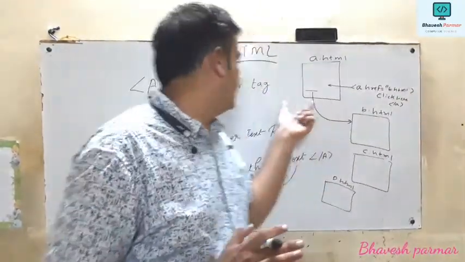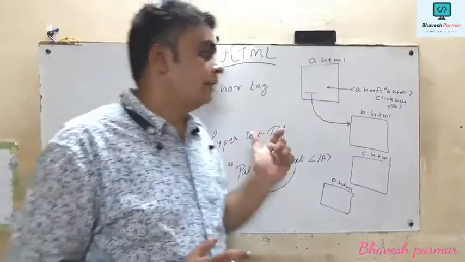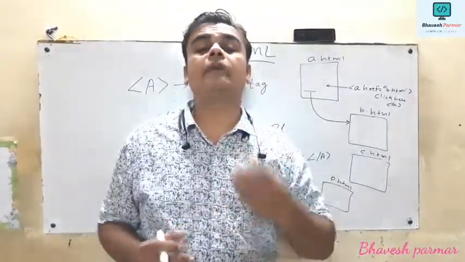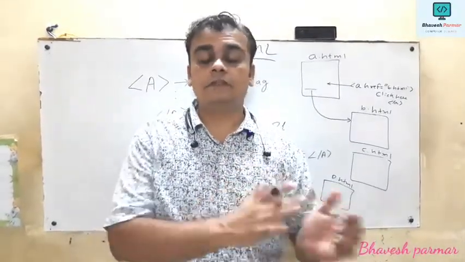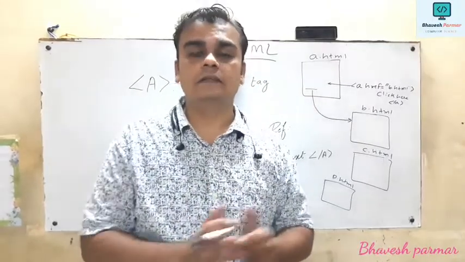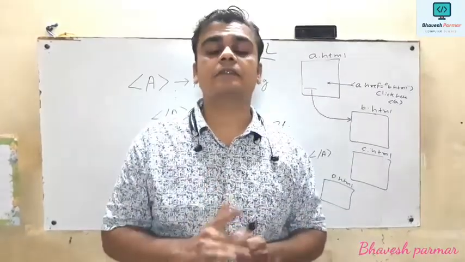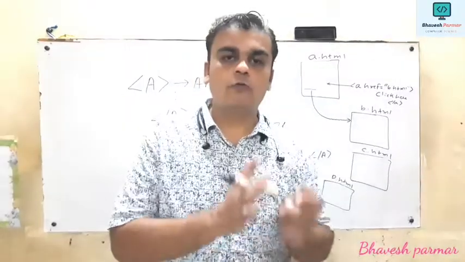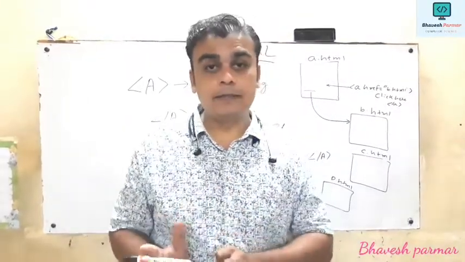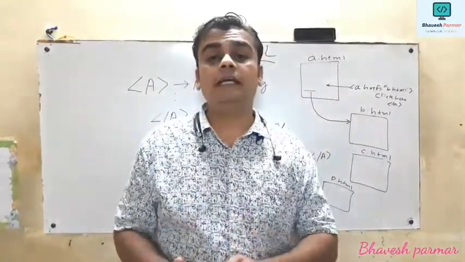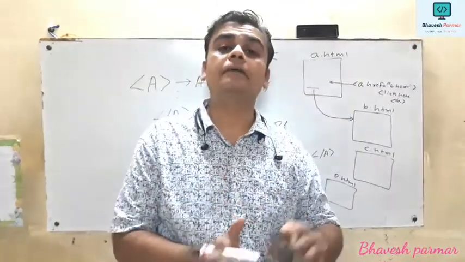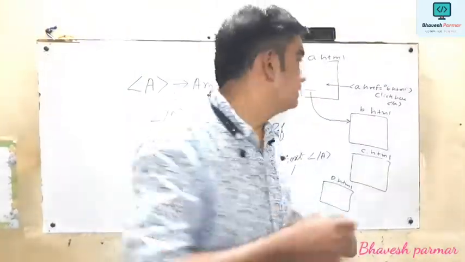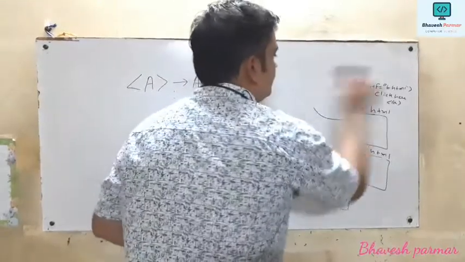So this is regarding the a tag. Now guys, how many types of hyperlinks are there? There is always one theory question asked in the HSC board examination for 3 marks: What is a hyperlink? Which tag is used to represent a hyperlink? And how many types of hyperlinks are supported by HTML? This type of question is asked for 3 marks.